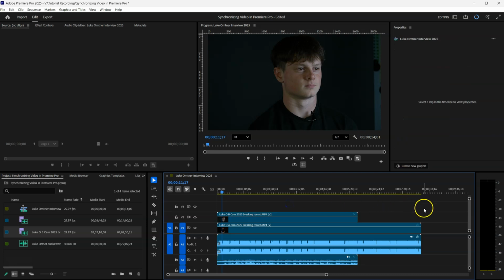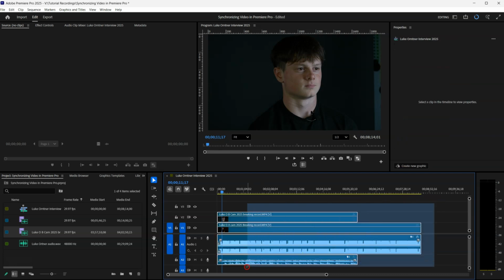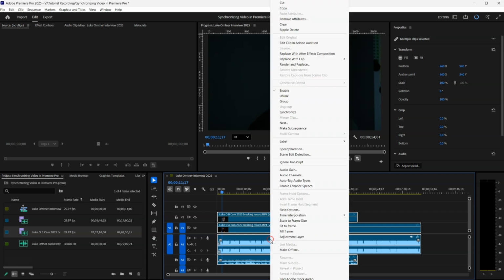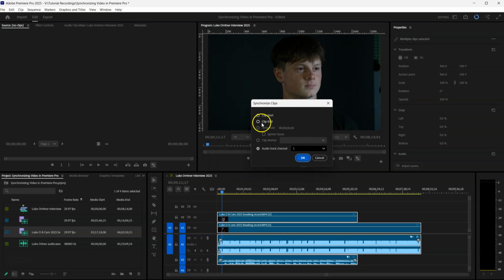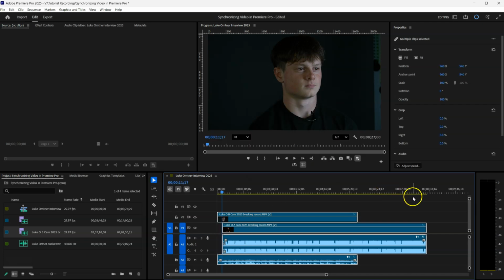This is what you've been waiting for. You left click and select both layers. Then you right click and you look for synchronize. Now, the most important thing is you don't say clip start or clip end because we know that that just didn't work. Time code is really complex. We're not going to worry about that. So we're only going to worry about audio track channel. So we're going to say we want to synchronize with this channel, which is channel 1. And we're going to say, okay. We're going to let the computer do its thing. And because this had pretty clear audio, it was really easy. So now if we test it out,